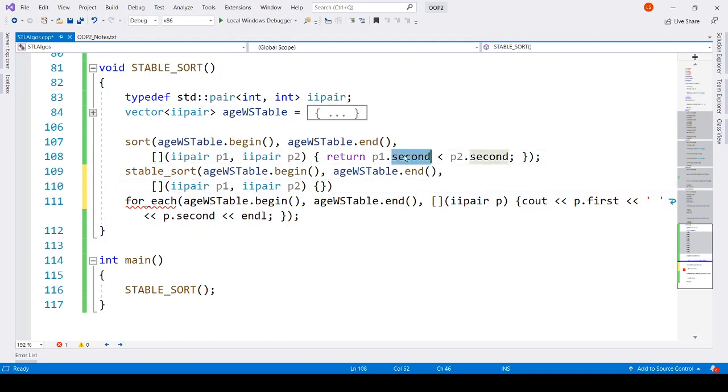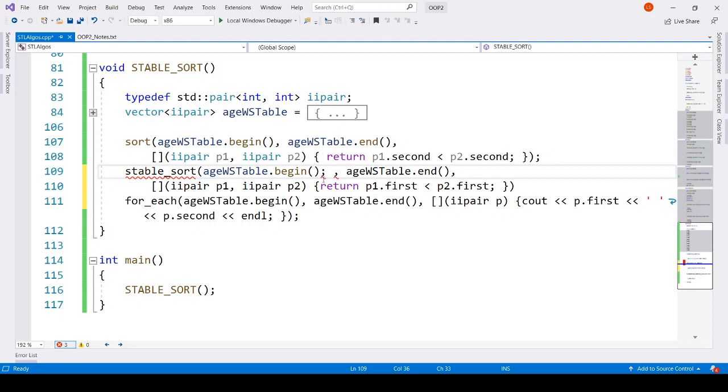So we have sorted by second, and now we want to sort it by age. That's it. Okay. Now let's see what the output is.